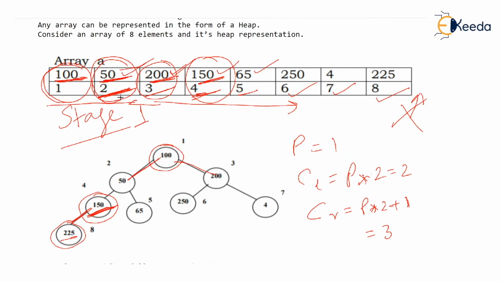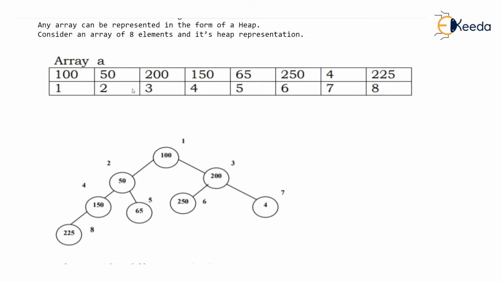If all these conditions are satisfied, then we say that the array is in the form of max heap. Just observe the fifth value. The fifth value actually should be greater than the 10th and 11th, isn't it? Because the two children of this fifth node will be at 5 into 2, that is 10, and 5 into 2 plus 1, that is 11. But the fifth node will not have any children. It can't have 10 and 11 because such elements are not there in the array. So everything from 5th, 6th, 7th, 8th onwards is a leaf node. Just confirm it. Everything from the 5th node onwards is a leaf.